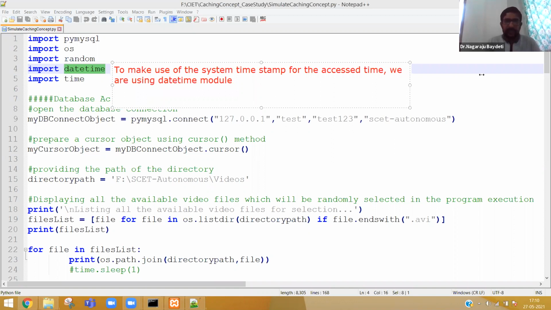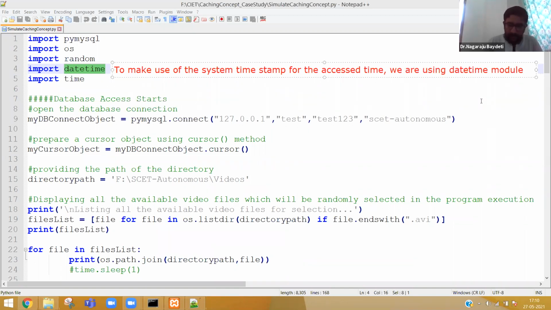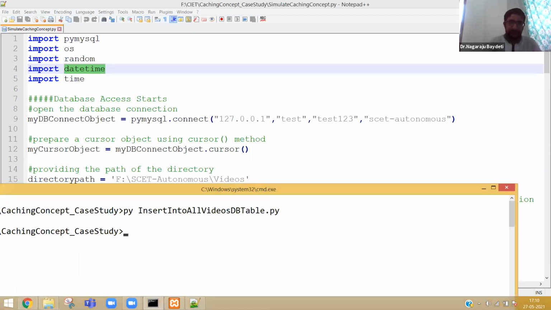There are so many things available in the datetime module. To understand the datetime module, let me simply type one small method for getting the system time from Python.